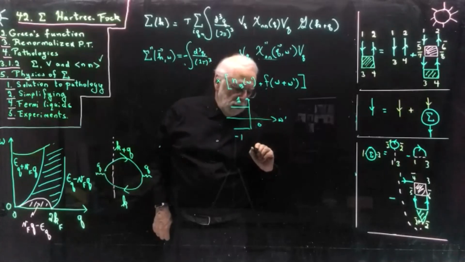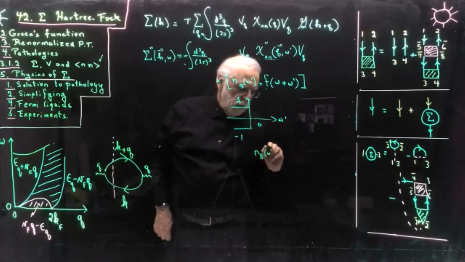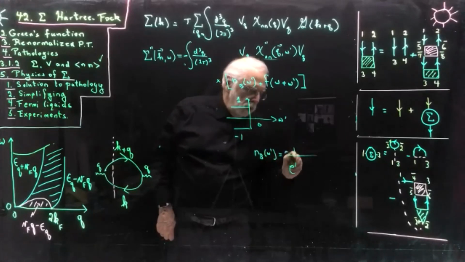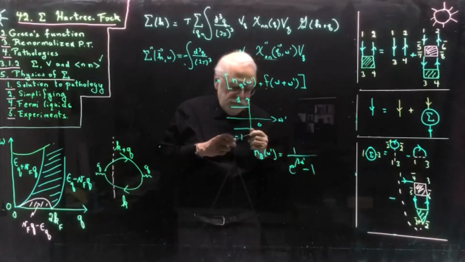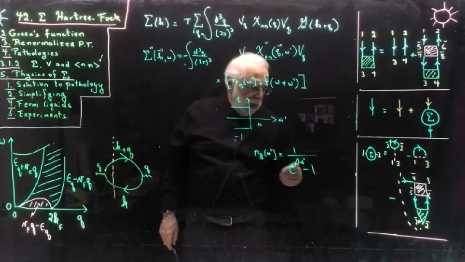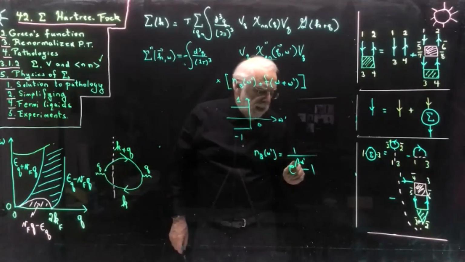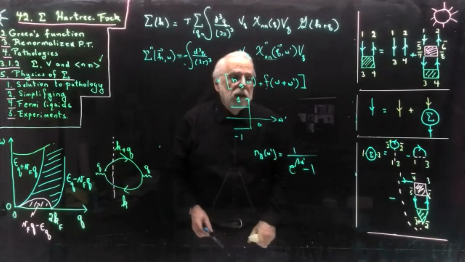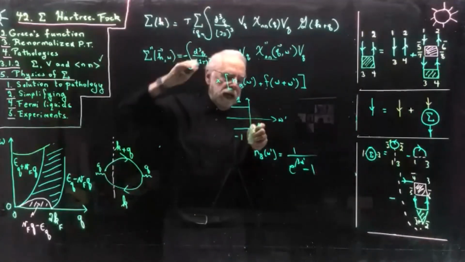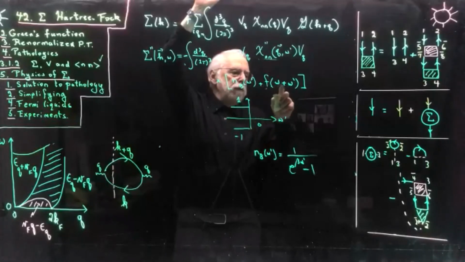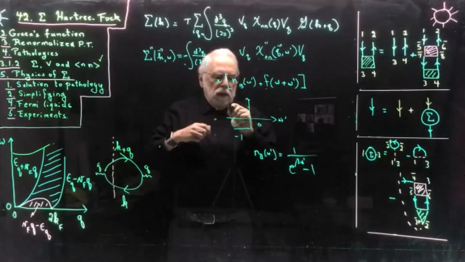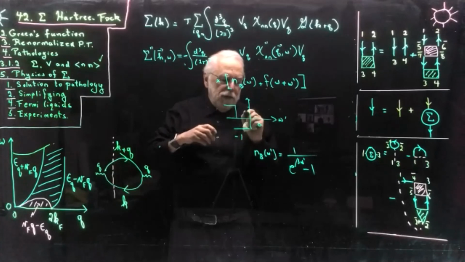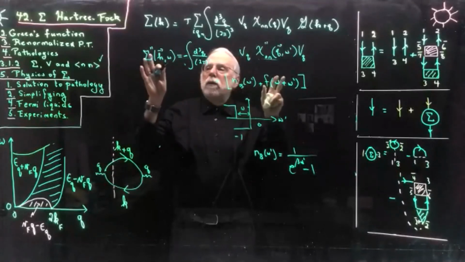Because you see this Bose function, Bose of omega prime is 1 over exponential of beta omega prime minus 1, which means that when omega prime is negative, then this is minus 1. And when omega prime is positive, beta goes to infinity, so that's 0. Okay? So that's why I get this. And you see what will happen in the case where I have omega plus omega prime, then this function here will become zero earlier. So I will have a window of width omega where this will be different from zero.